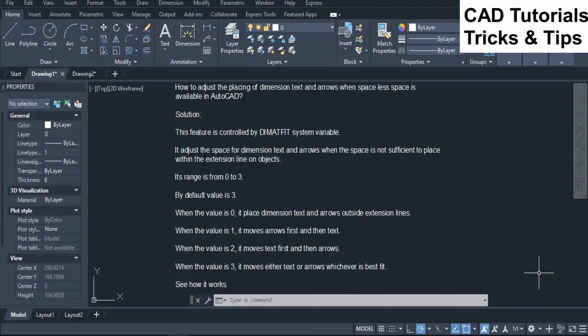How to adjust the placing of dimension text and arrows when less space is available in AutoCAD. Solution. This feature is controlled by the DIMATFIT system variable. It adjusts the space for dimension text and arrows when the space is not sufficient to place them within the extension